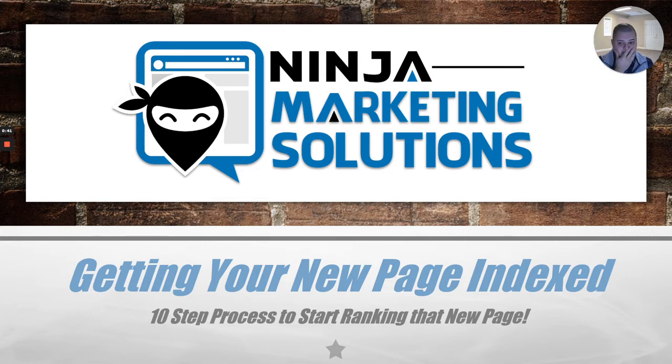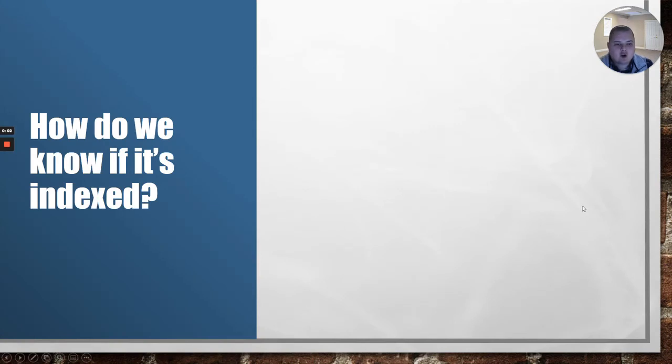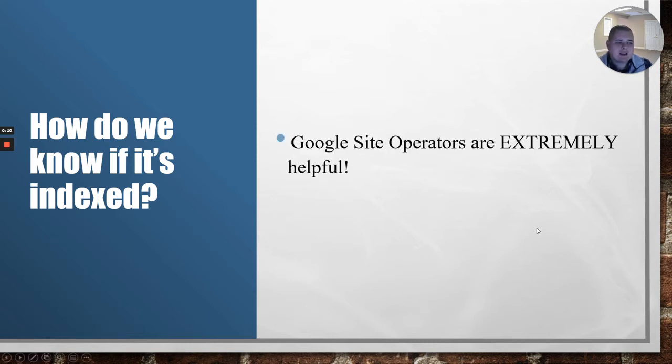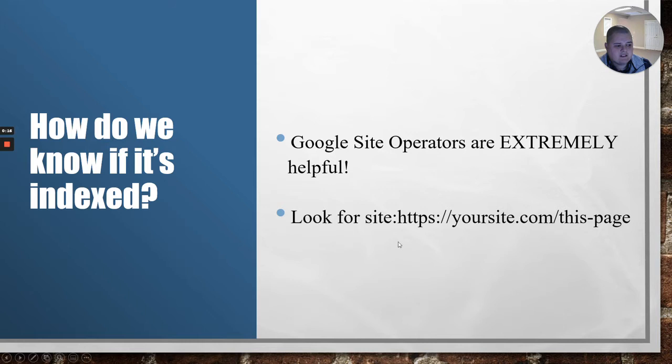Let's take a look. First, we need to know if we are currently indexed or not. You probably already know the answer to this if you're watching this video or looking at this tutorial, but here's how we're going to do it. We're going to use Google's site operators. They are extremely helpful. So the one that we're going to use is site. And what that means is you're going to go to a URL bar and type in site: whatever your HTTP or HTTPS, hopefully it's an S,